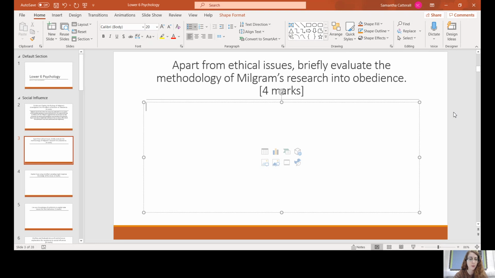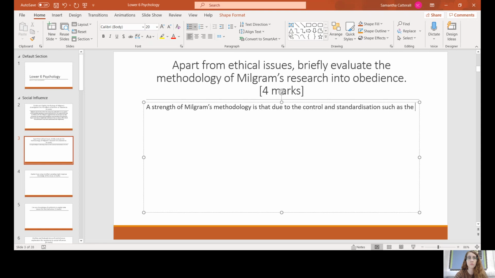A strength of Milgram's methodology is that, due to the control and standardization, such as, and this is really important, you put such as or for example, because this is linking it to the Milgram research. Otherwise, it's a generic point about whatever study. So it's going to be specific. By putting examples of the study, you can do that. So such as